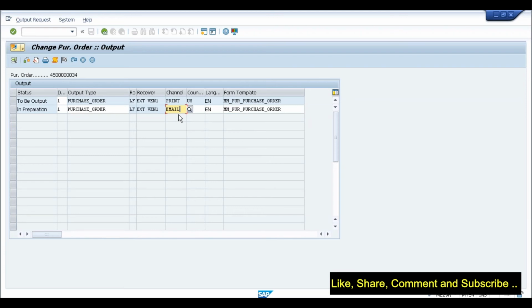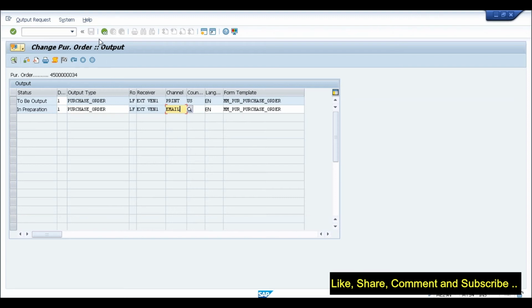Yes. Normally in email also there are two types of settings, right? One is you are sending it as an attachment, or the second option is you are sending it as text. I don't know what configuration, because email configuration we have still not done. So let's see. Yeah, that's where I'm going now.